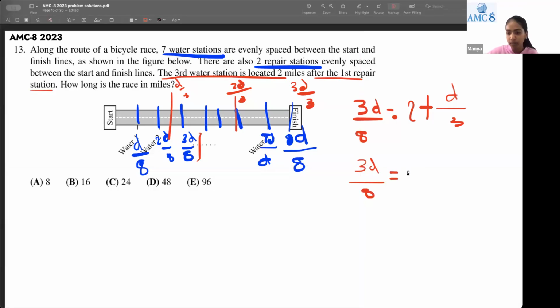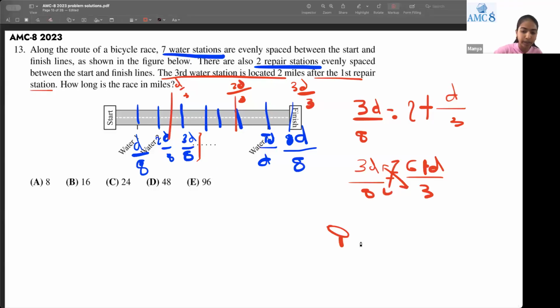we know that 2 times 3 is equal to 6. So 6 plus D by 3. And now we can just solve this. We're going to use cross multiplication to get rid of the fraction bar. To get rid of the fraction, we just make a simple equation. We're going to be getting